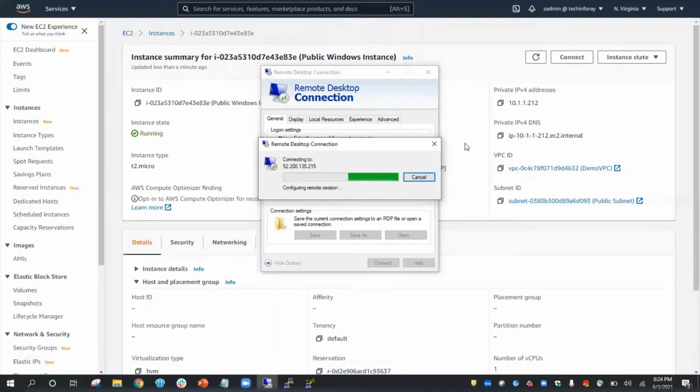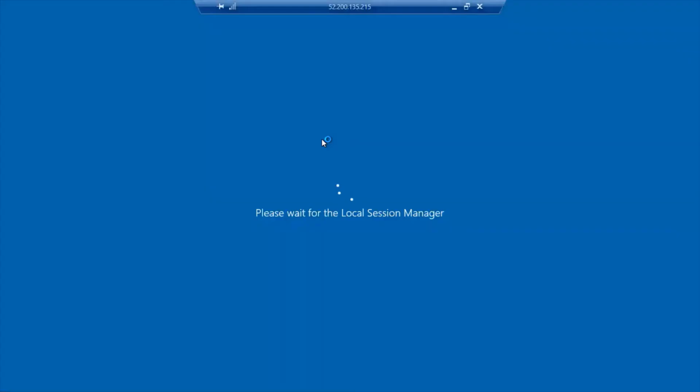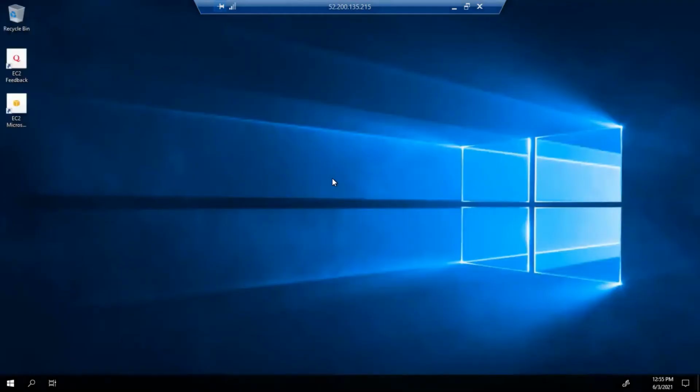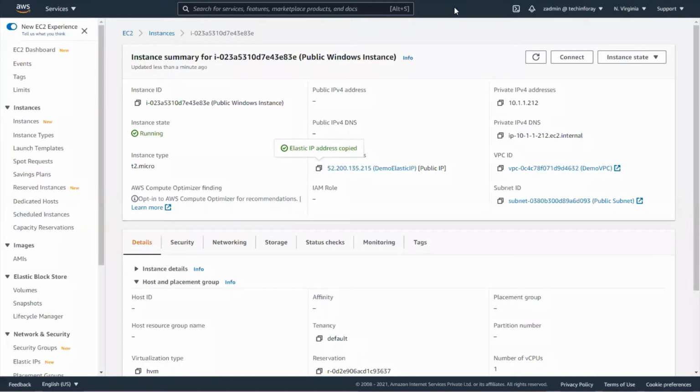It's configuring a remote session, and we are able to connect to our Windows machine. It's doing its initial settings, and then our Windows Server 2019 will be ready. Now let's minimize it so that it gets initialized.